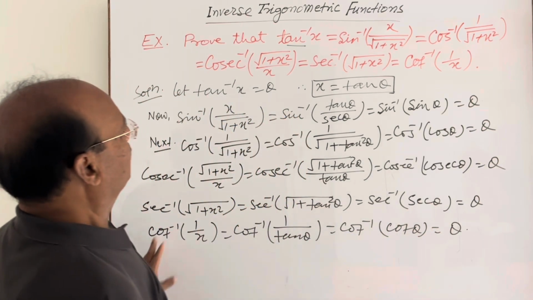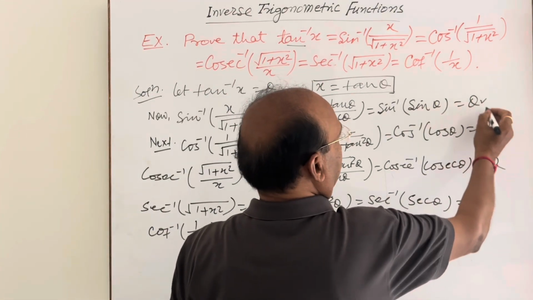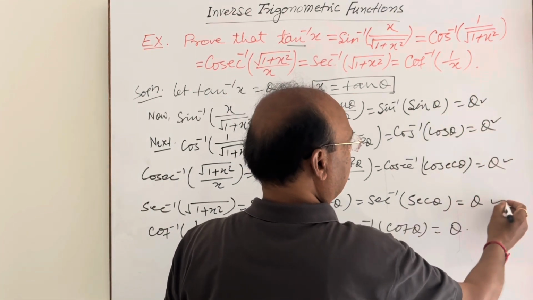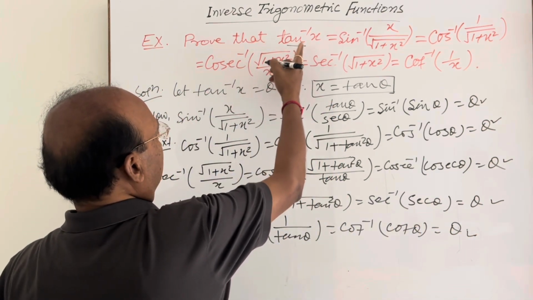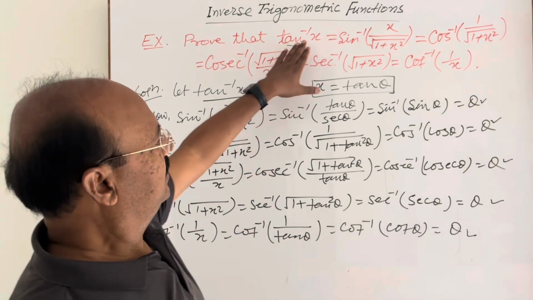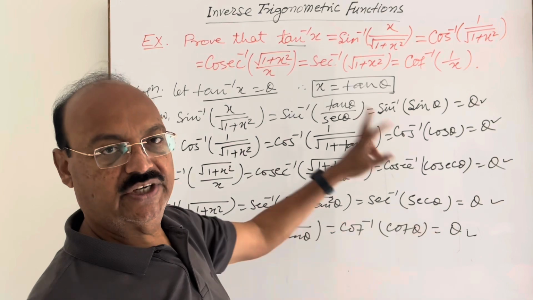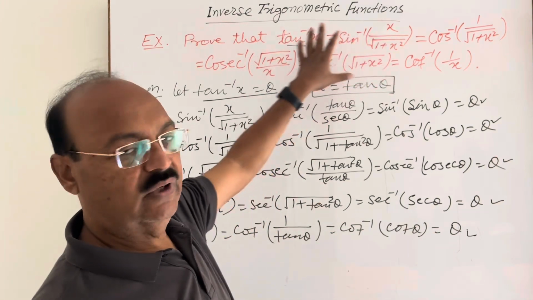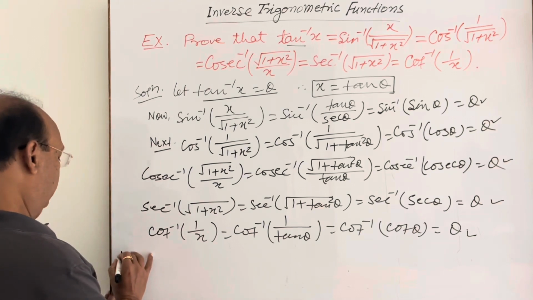So you see here each part is equal to theta. Okay, each part is equal to theta, and from the first part you see we have already supposed this is equal to theta. So all these inverse trigonometric functions are equal to theta. So these are equal to each other, correct? So therefore, hence